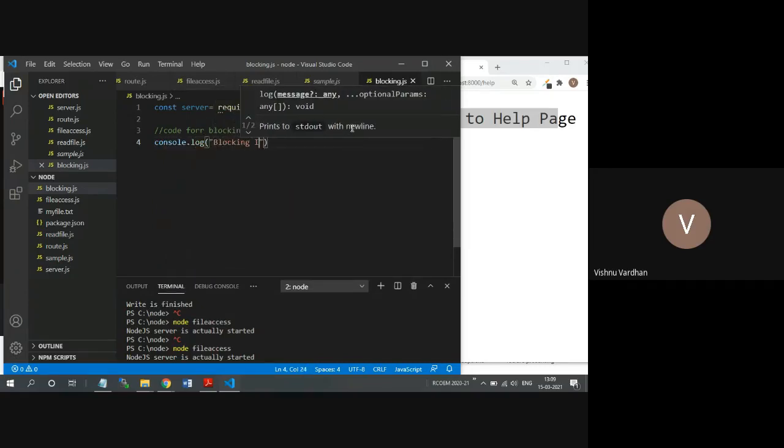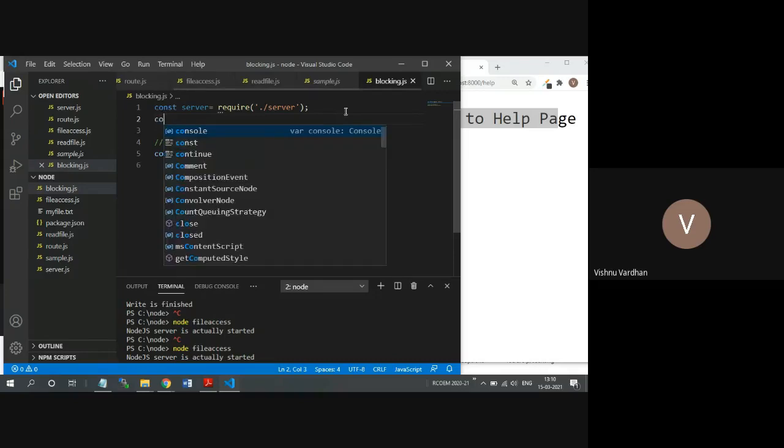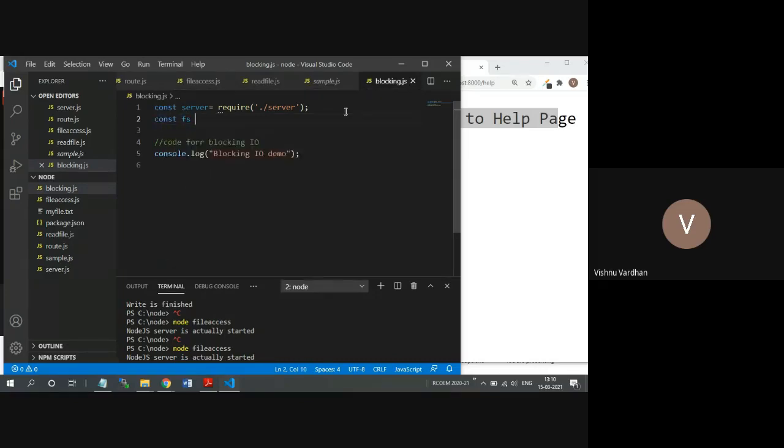Here I will write blocking input output demo. Then again I am going to take fs, which is require this particular package fs, because we are going to manipulate the file from this package.